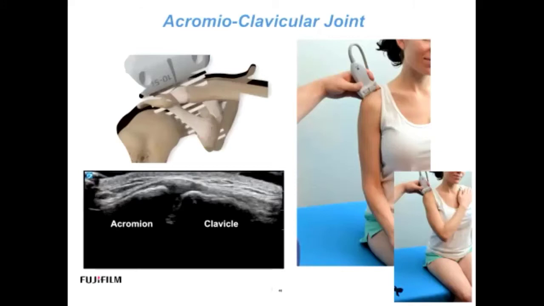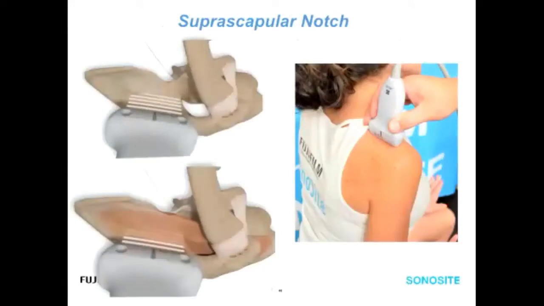I'm going to move on to the suprascapular notch. This was a really fun structure to learn, and once I had it taught to me, it was one of those things that you can't unsee. While you're in the area, you might as well just plop the probe a few more, like 2 or 3 centimeters